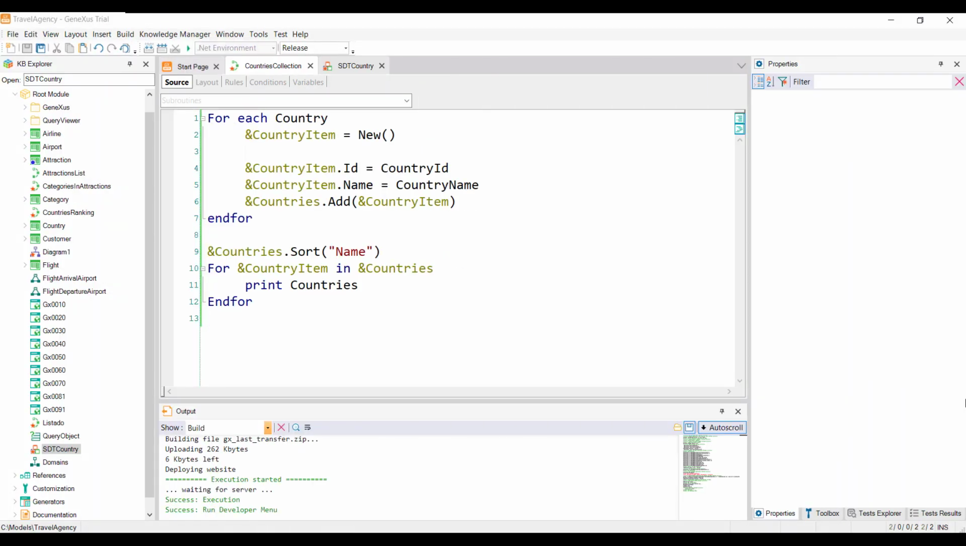Next, we'll look into a much simpler and higher level way to load a collection of SDTs. It'll also be useful to load a simple SDT